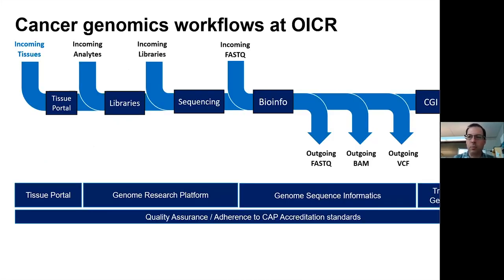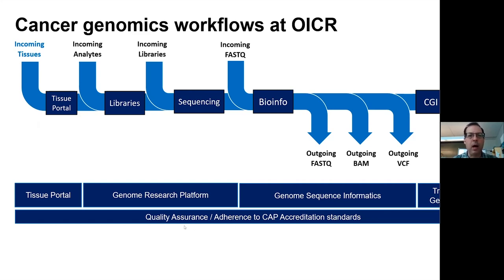So my group is the Genome Research Platform within the wider genomics program at OICR and UHN. My group is downstream from OICR's Tissue Portal group, which handles sample intake, and upstream of genome sequence informatics, which is led by Morgan. So the whole program primarily focuses on cancer genomics, basically starting from incoming tissues, ending with clinical reports produced by the Translational Genomics Lab, and like Morgan alluded to, under a CAP accreditation pipeline and standards